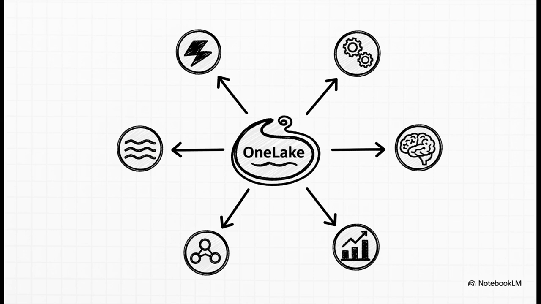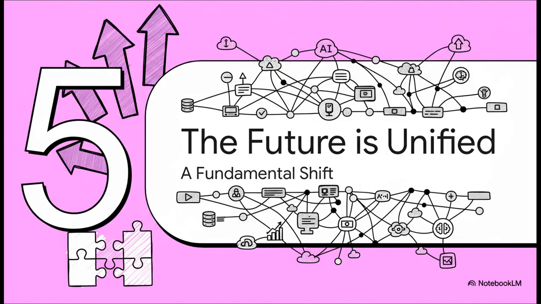So this is it. This is the final blueprint. You have OneLake sitting right at the center, acting as that single source of truth. And all the different tools, data flow, Spark, machine learning, Power BI, they're all just different engines operating on that same central data. It's a truly unified system by its very design. Which brings us to the big final takeaway. This isn't just a small step up. It's a fundamental shift in how we think about building data platforms altogether.